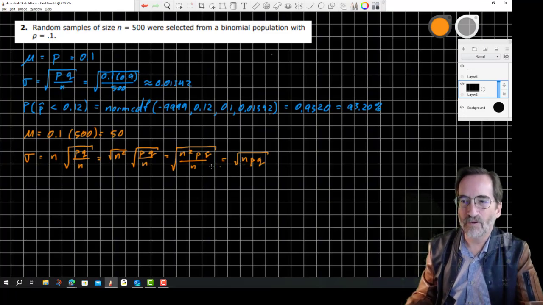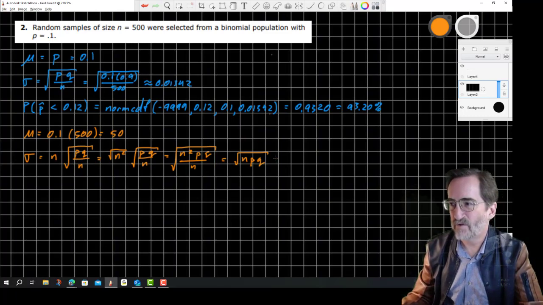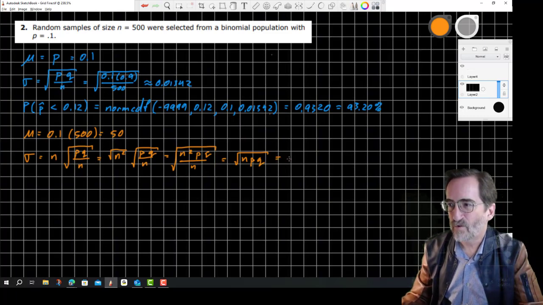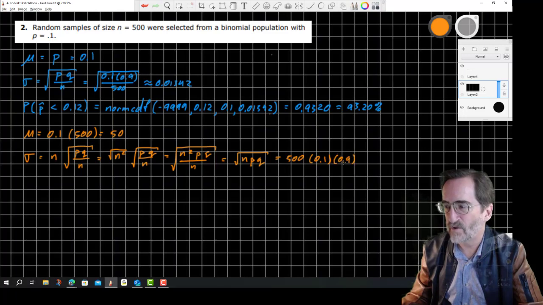And it's just the original formula multiplied by n, or in this case 500. Okay, so n is 500, p is 0.1, q is 0.9. P and q always add to 1. Right, and we're going to get